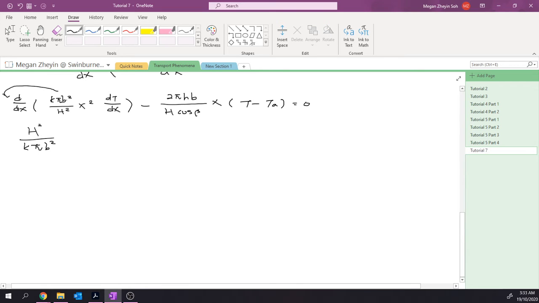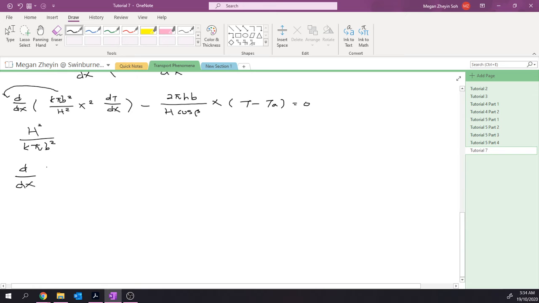So when we multiply, this one will be cancelled off. Then your pi will be cancelled off also. One of the b will be cancelled off, and your h will be cancelled off also. Therefore, we will end up with this equation